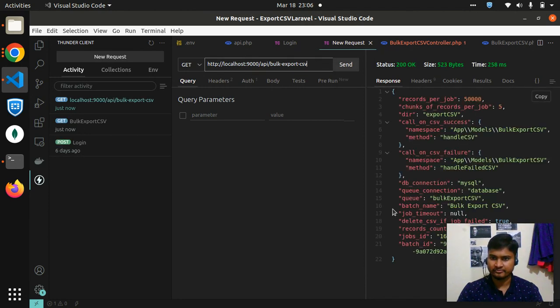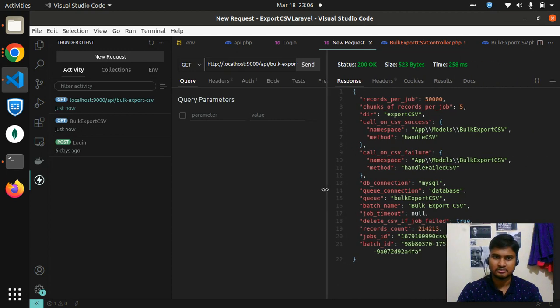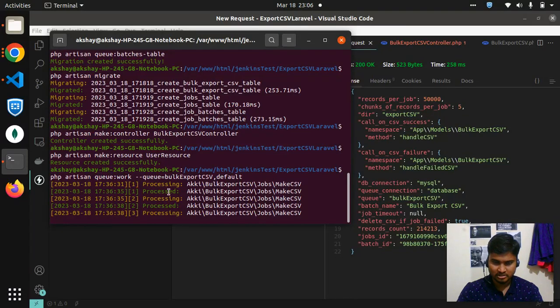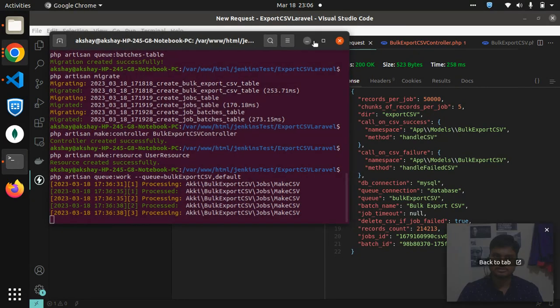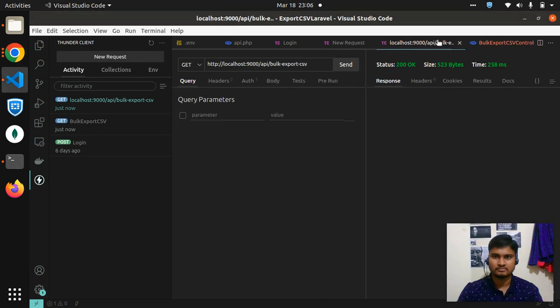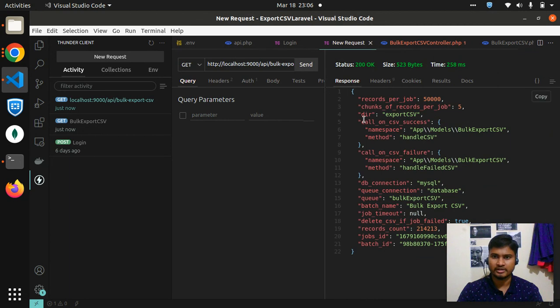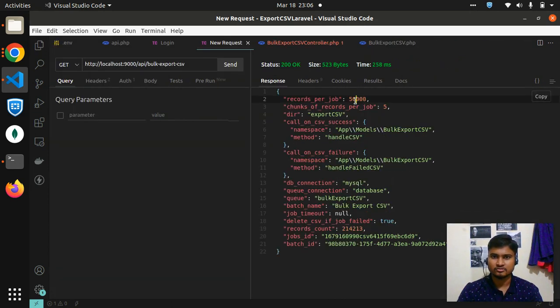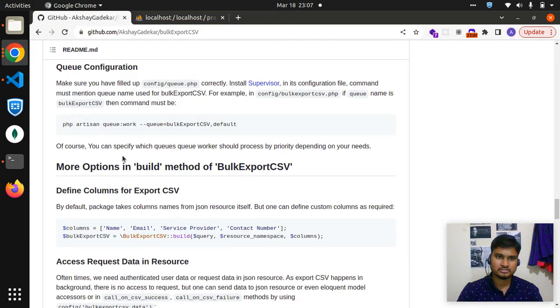Okay, API is hit, and we also got some kind of response here. And yes, you can see jobs are also started running. So CSV process has been started already in a way. Okay, so what does this exactly mean? I mean, we got so many parameters here. Exactly, right? So you can go here and